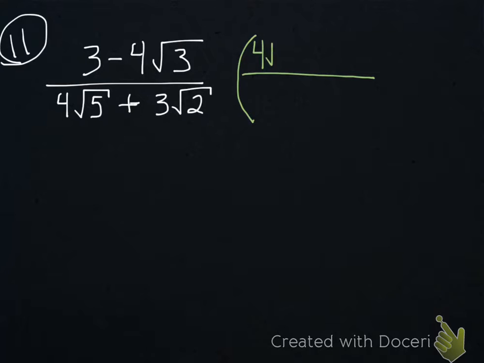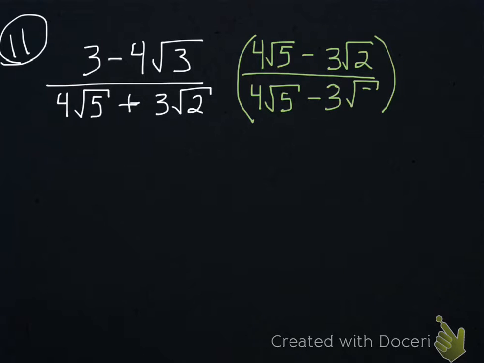So we write down the terms, 4 square root 5, only instead of plus we're going to have minus 3 square root 2. Multiply by the same thing, top and bottom. Now yes, it's going to get a little bit tricky because we have to double multiply on top. We can't just distribute. Okay, so we have the 3